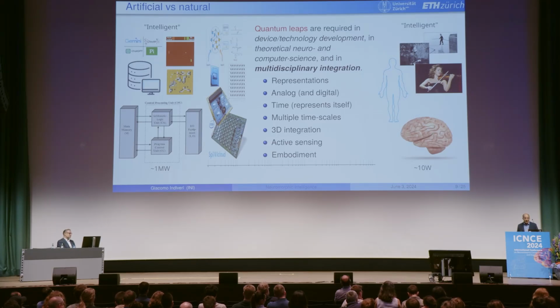If we want to reduce power consumption, having time as one important variable that represents itself is a very important and crucial point. And if we do that, then it will also be important to understand how to process signals at multiple time scales. With computers, this is not a problem because we always have access to the data whenever we need it. We can wait 1 minute, 1 hour, 1 week, we can always get it. But if we are doing a physical dynamical system that processes signals through time, then we need to have ways to store information across multiple time scales.